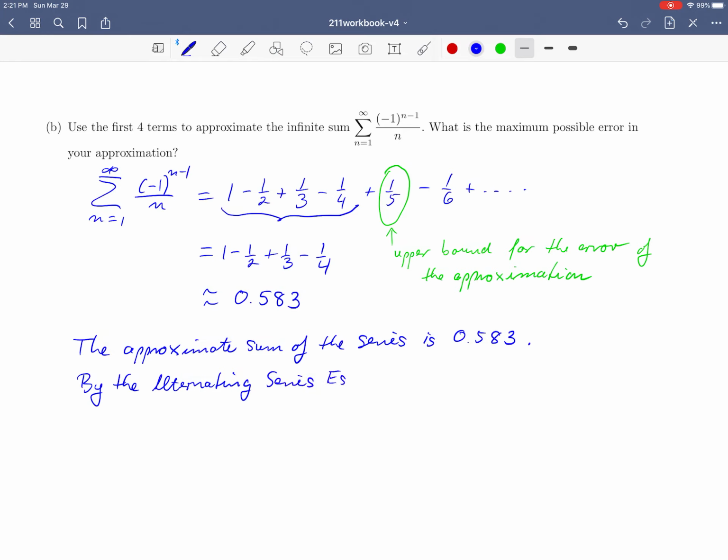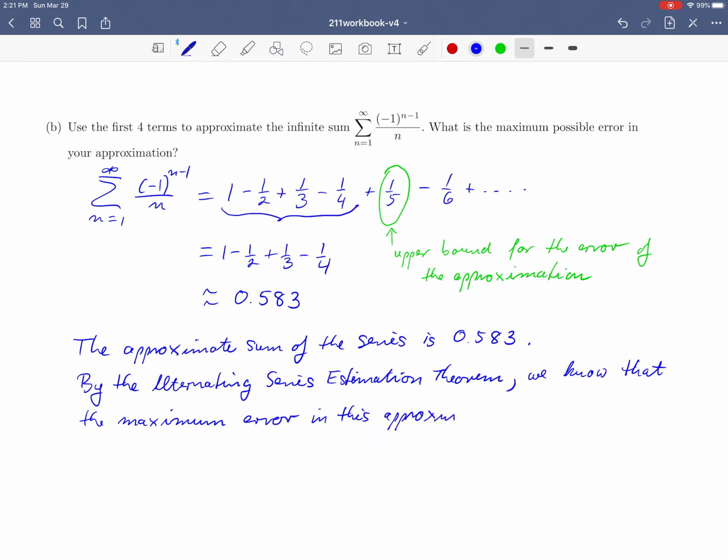So let's write that down too. By the alternating series estimation theorem, we know that the maximum error in this approximation is given by